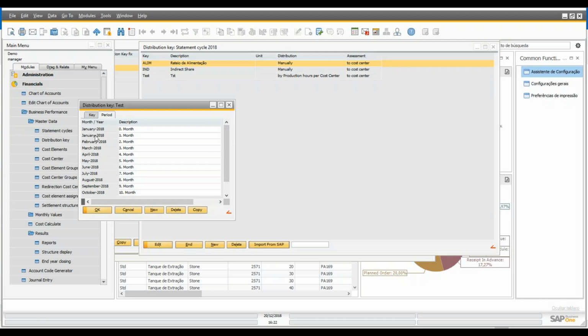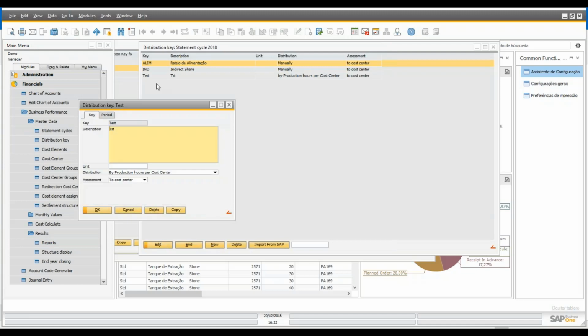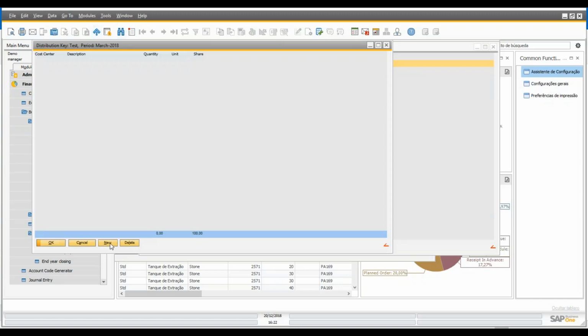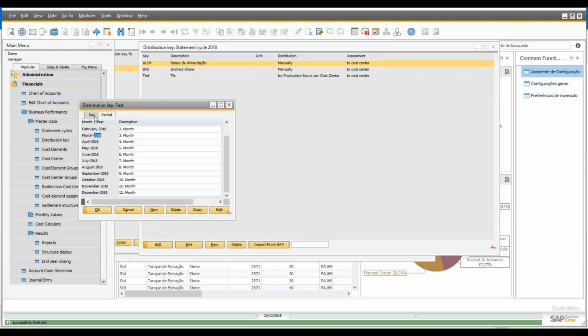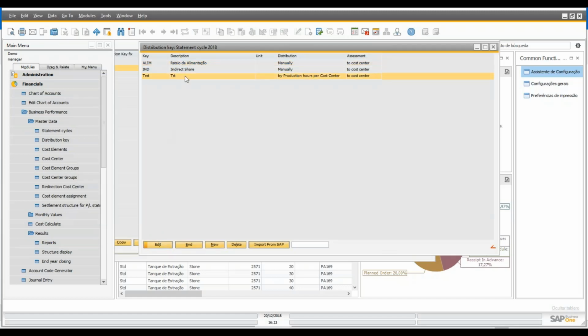And the rates are going to be set according to the production hours we had for each resource in this cost center. We just have to set up to which cost centers we want to split data into. So I'm going to set to split the costs into those two cost centers, and then the values will be set according to the production hours we had in the month. If we do want to set it manually,